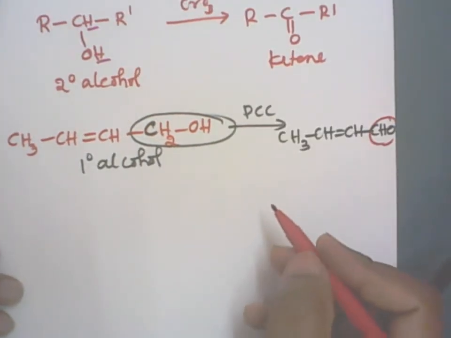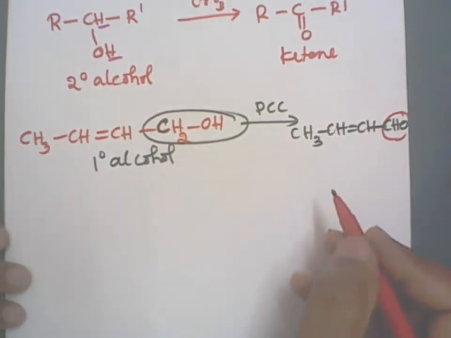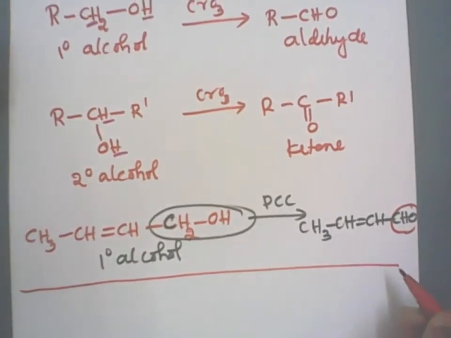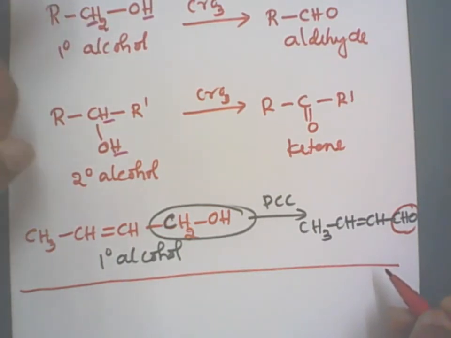Okay? Clear? Yeah. This is about the oxidation reactions. Correct? This is the second topic. Remember, we have a mild oxidizing agent which can convert primary alcohol and secondary alcohol into aldehydes and ketones. They will not be further oxidized to give carboxylic acid. If you want carboxylic acid, we should make use of the strong oxidizing agent potassium permanganate. But during the reaction, what will happen? Ketones can be oxidized to give carboxylic acid, but there is carbon-carbon bond breaking. Okay, so we don't prefer that one because we don't want to lose the number of carbon atoms in the molecule.